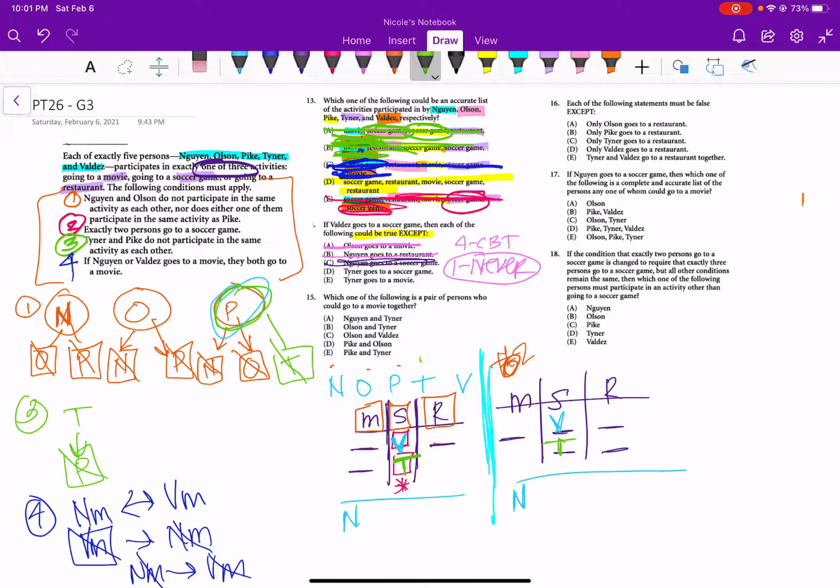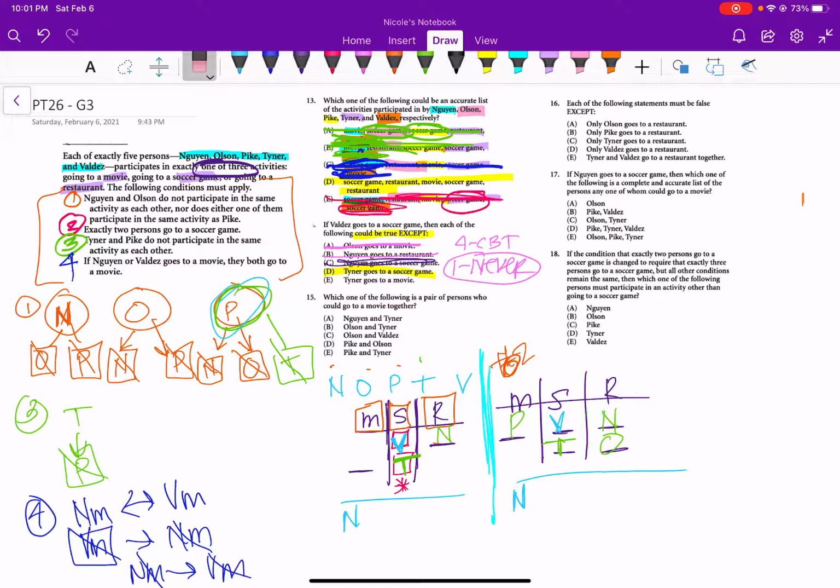Okay, so we know N can't go to the movie, so that would mean in both of these, N would have to be in the restaurant. And then P cannot go with N, so in both of these, P would have to go in M here. And then in this first one, it would have to be O here, but that actually doesn't work because P and O can't go together, so this one doesn't work at all. And also in 2, if we were to put O here, that's funny, it spells no, and it doesn't work as well because of this first rule that N and O cannot go to the same thing. So our answer is going to be D, but we can go ahead and try out